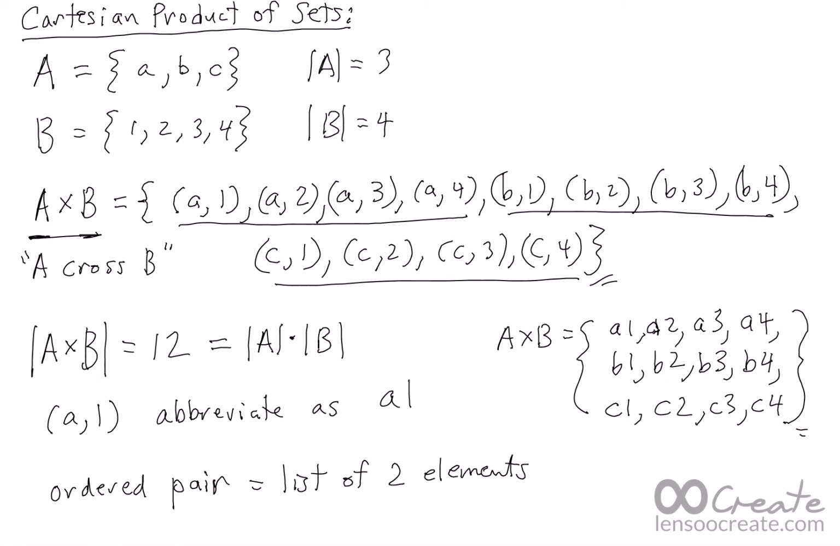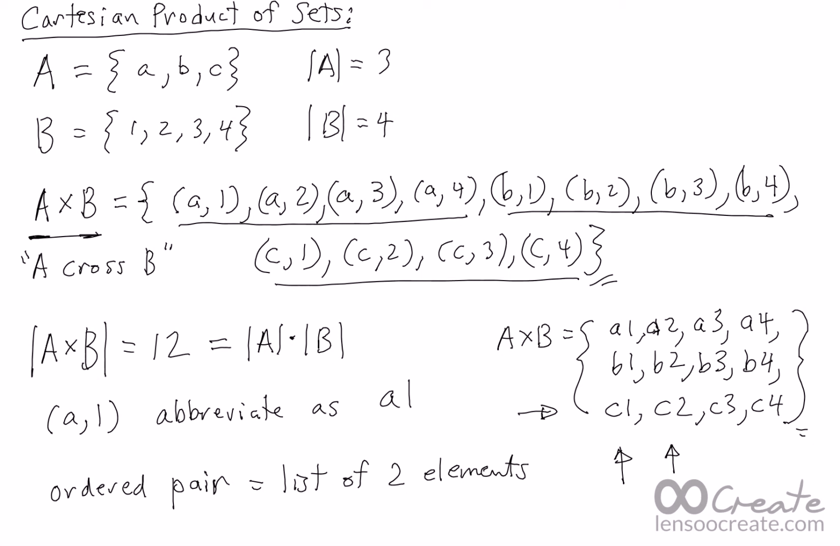And the nice thing about the way I've written this set is that it shows the pattern where I have a column with all ones, a column with all twos, threes, and fours. So in columns, I have numbers, and then I have a row with all c's in it, a row with all b's, and a row with all a's. So you can see why we call it